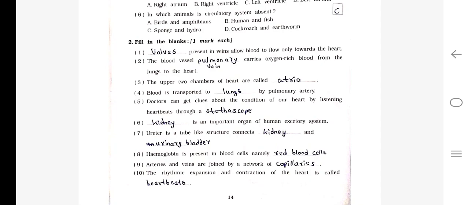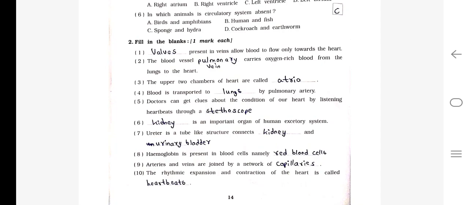Question number 2. Fill in the blanks. Number 1. Dash present in veins allow blood to flow only towards the heart. Answer is valves. Number 2. The blood vessel dash carries oxygen rich blood from the lungs to the heart. Answer is